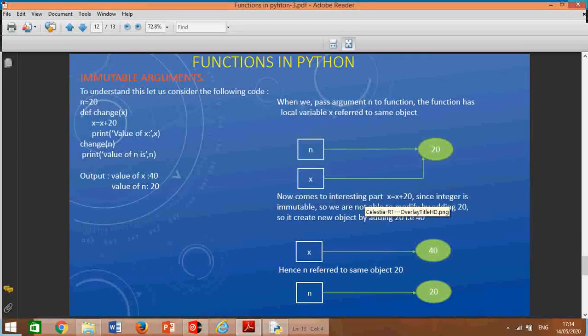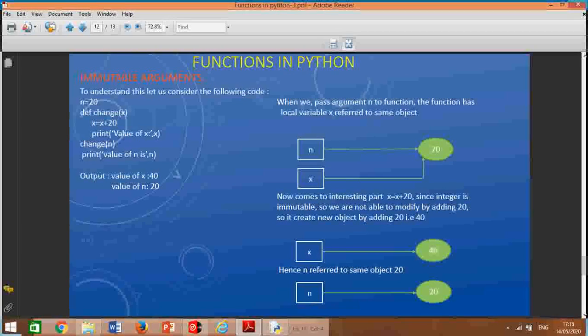Then immutable. Again taking the example here, n is 20, a global variable, def change x equal to x plus 20. Now here x equal to x plus 20 is a value of x. Change n, value of n is 40.